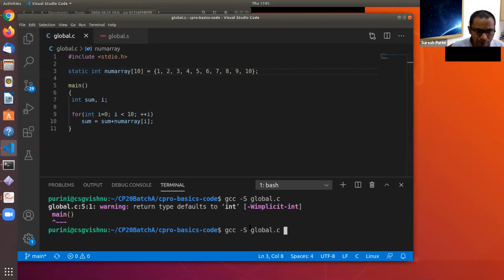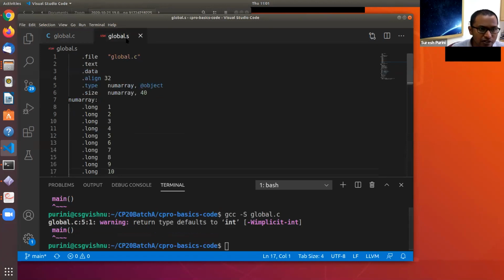So let's compile this program and see how it looks now. Yeah, now if you go see num array, that .global num array declaration is not there. Earlier we had this .global declaration, now it is not there, because we are restricting the scope of the variable num array to this file.